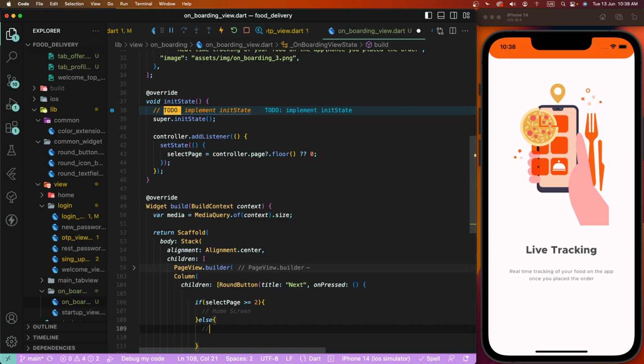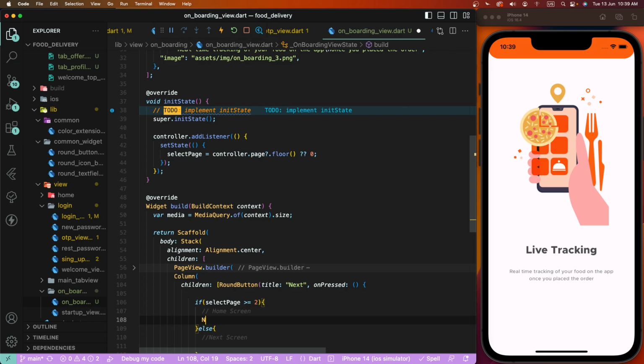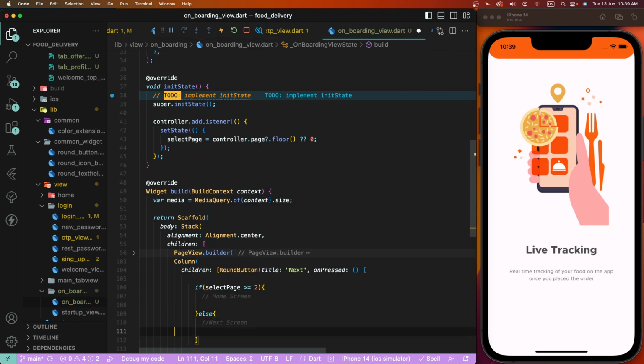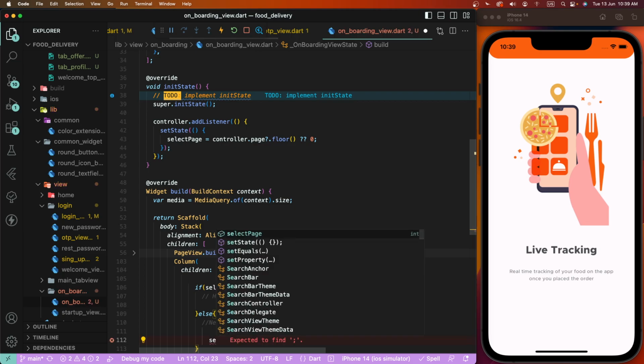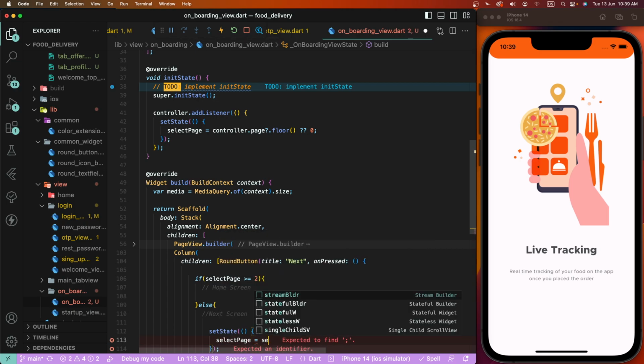Otherwise, we need to click the next screen. Now set the change of this page setting first. Paste here, set state: selected page is equal to selected page plus 1,